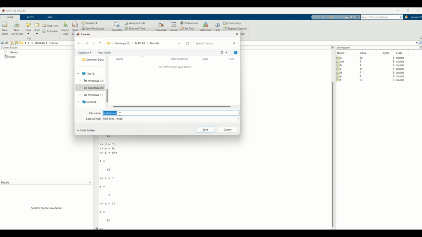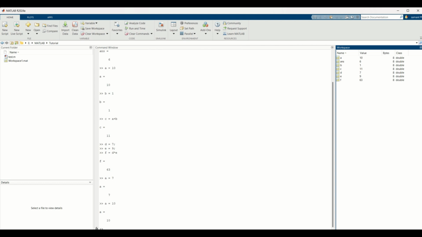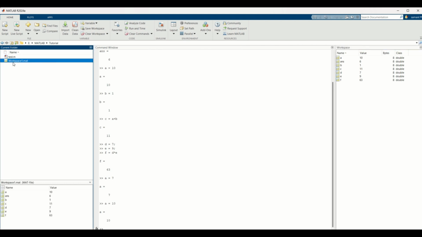For now, let's say I want to save those as workspace1, and the file type will be .mat. It is .mat format, and I'll say save. Now it has created a workspace1.mat file, and all these variables are stored in it.